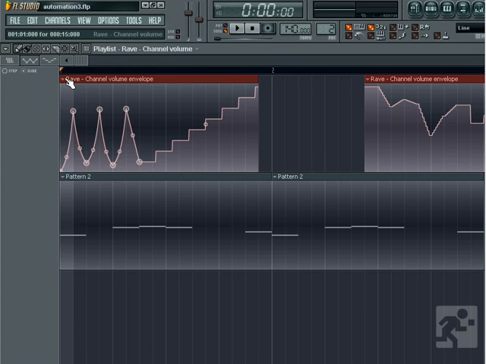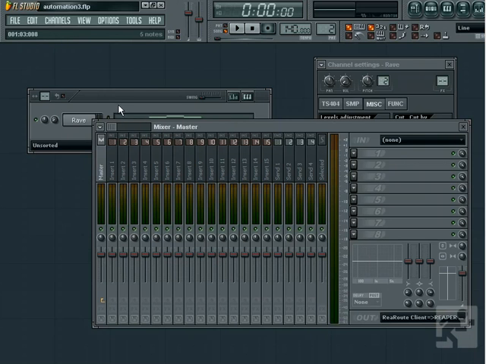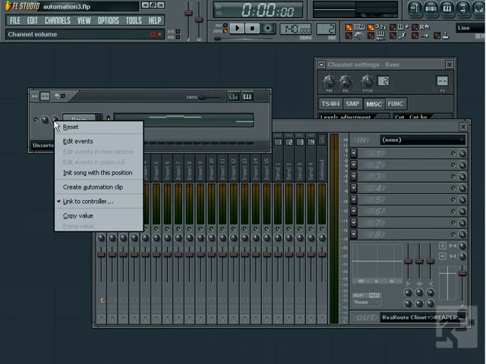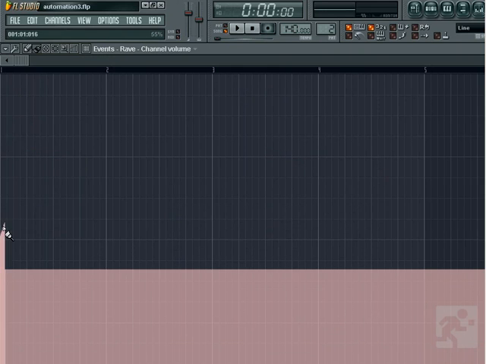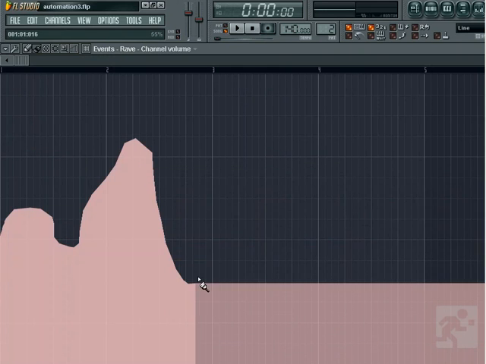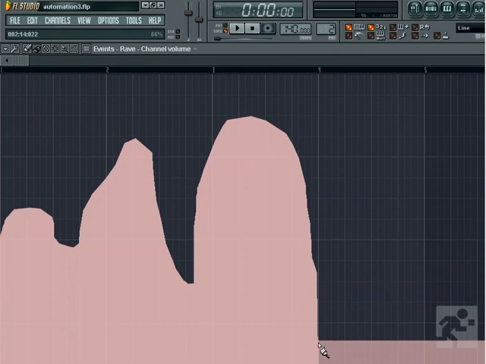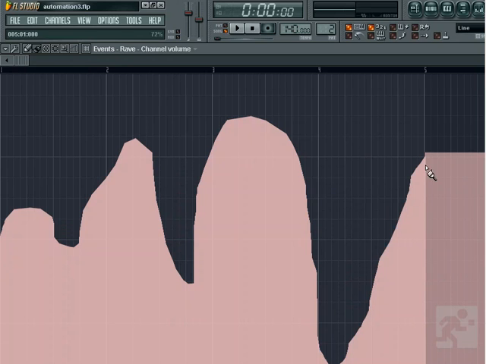We've touched on this a little bit in previous tutorials, but I wanted to point out what it is and what it does. When you right-click a control, you'll see an option that says Edit Events. Selecting this brings up the event editor. You can left-click to draw out curves which work just like the splines in the automation clips. Before automation clips, this was really the only way to fine-tune automation. You can draw out data on the event editor and it will play along in the same manner as an